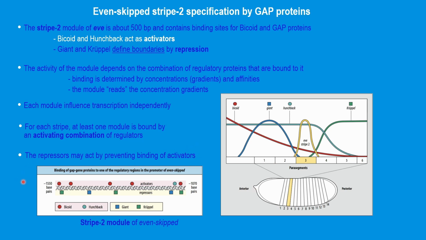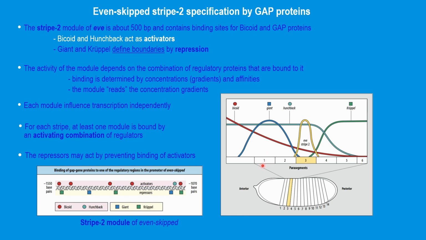And here is an example of the binding of different transcription factors to one of the stripes of even-skipped. We can see that there are activators and repressors, and in some cases it may be that the presence of a repressor actually blocks the binding of an activator. They're competing for the same site, for example. So these modules read the concentration gradients, right? If you think about it, I mean,